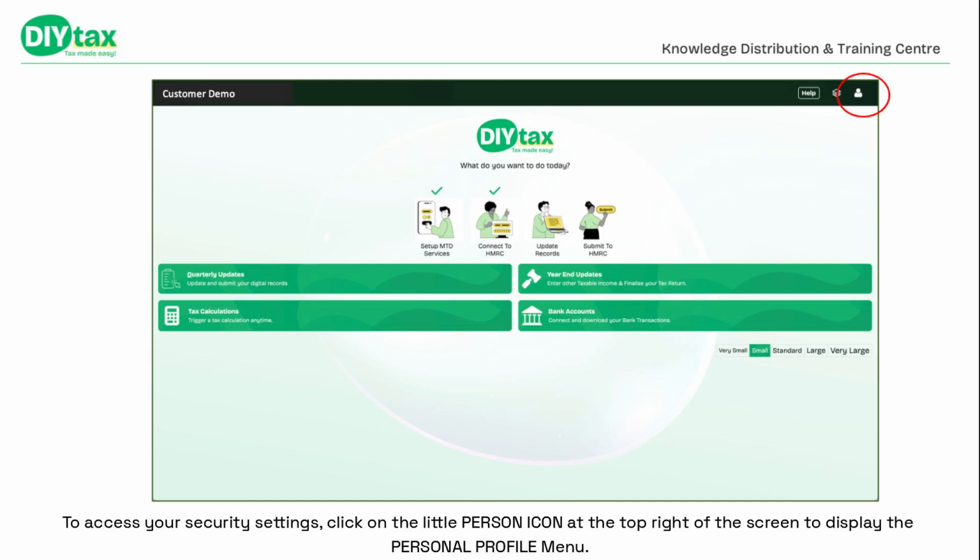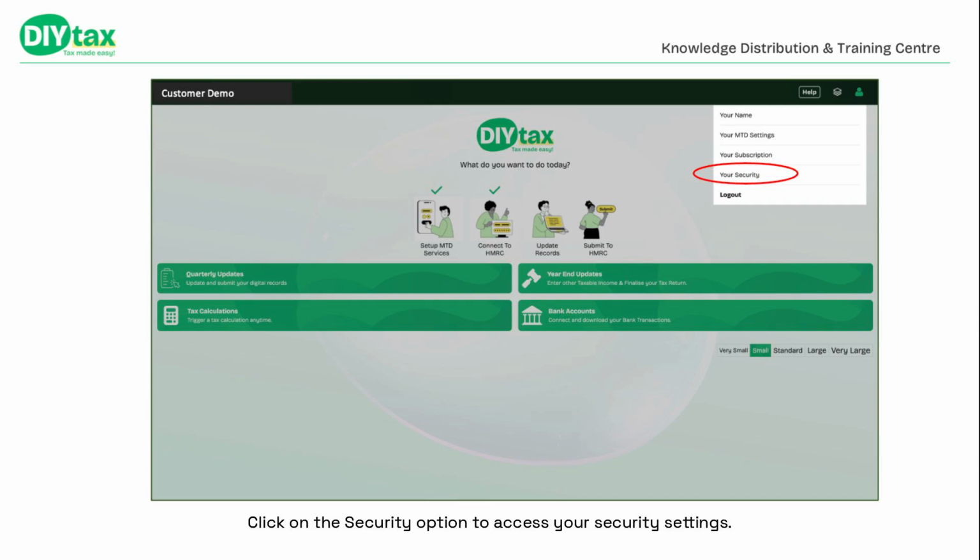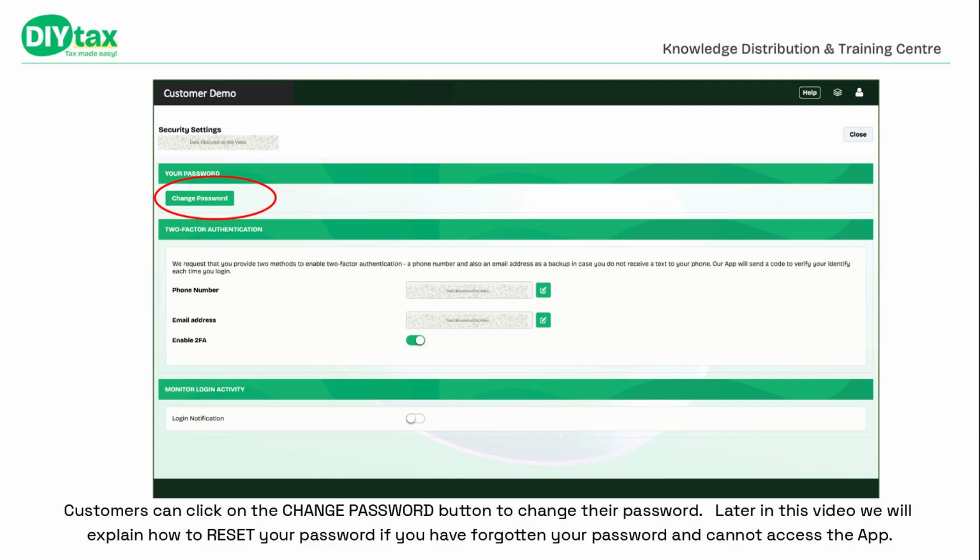To access your security settings, click on the little person icon at the top right of the screen to display the Personal Profile menu. Click on the Security option to access your security settings. Customers can click on the Change Password button to change their password. Later in this video we will explain how to reset your password if you have forgotten your password and cannot